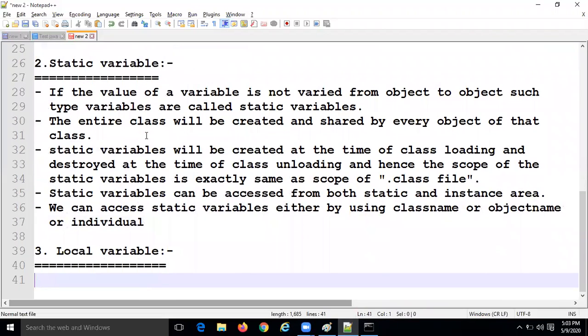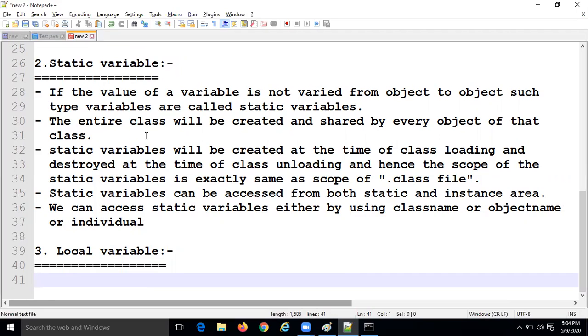The local variable is what? Sometimes to meet a temporary requirement, the programmer can declare variables inside a method, block, or constructor. Such variables are called local variables, automatic variables, or temporary variables. Local variables are stored inside the stack only.